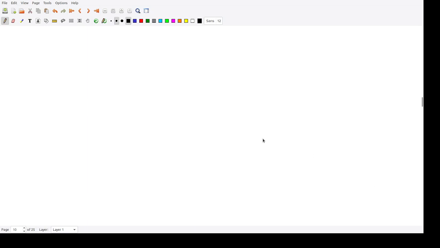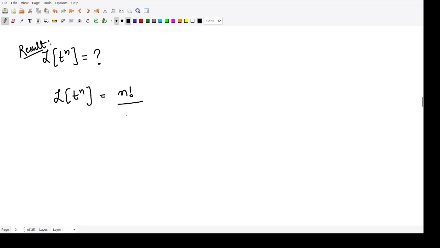So the next result is about this property, the Laplace transform of t to the power n. This is one result. This is equal to what? That we have to write. So what is this equal to? The Laplace transform of t to the power n is equal to n factorial divided by s raised to